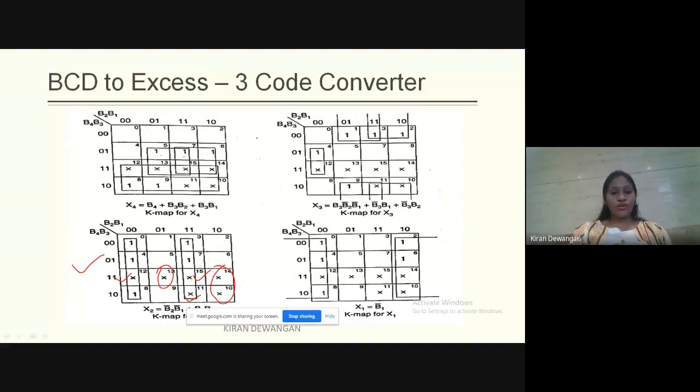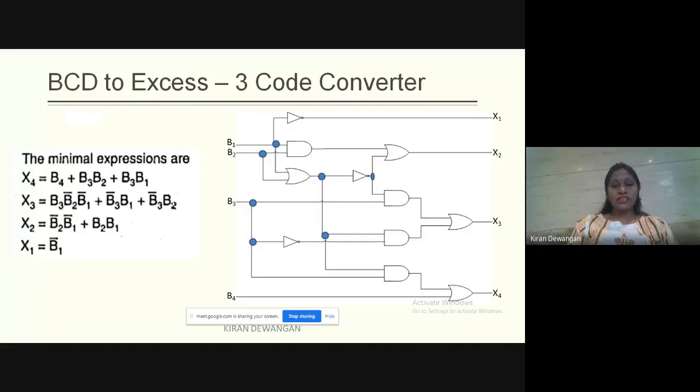अदरवाइज आप उसको इग्नोर कर सकते हो. यहाँ पर भी this one is used and the rest are not used. Clear? So here also we have used these three, rest are not used. So we have to use only those don't care terms which are required. Others can be skipped. This is the design of BCD to XS3 code converter.